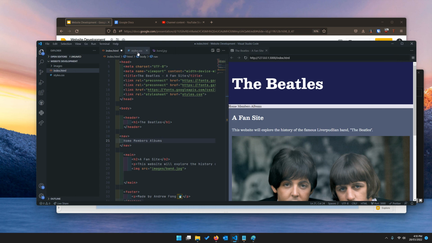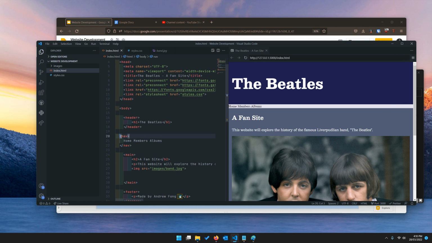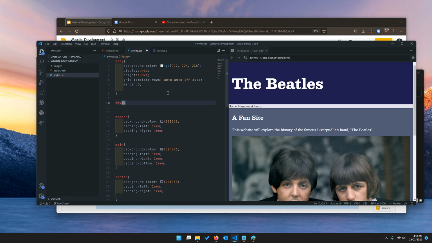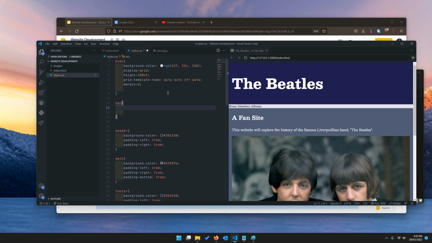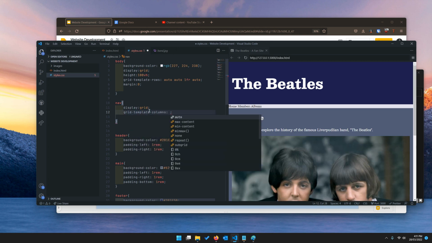The way that we're going to do that is, we've created our nav tag, and let's start filling it out. So we're going to go nav, and that itself is going to be a grid. So we're going to say display grid. Now, it's going to work in a slightly different way to our template with our rows. We are actually going to do a grid template columns this time around, and we're going to have 5 columns. So if we do auto for all of those columns,